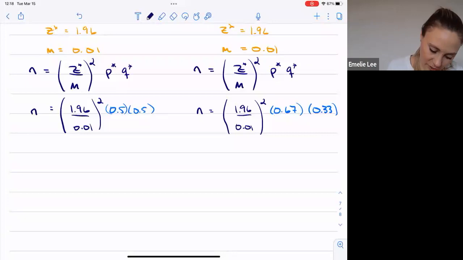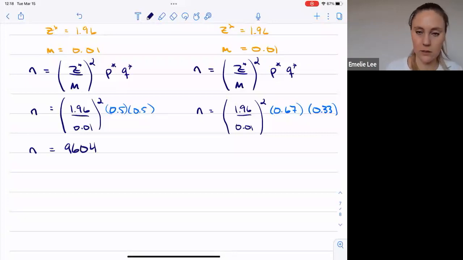Oh, darn, puts me at an even value of 9604. So no rounding necessary there, but I would have to round it if it wasn't even. 1.96 divided by 0.01 and then square it times 0.67 times 0.33,